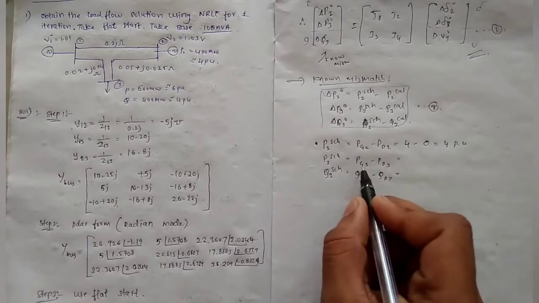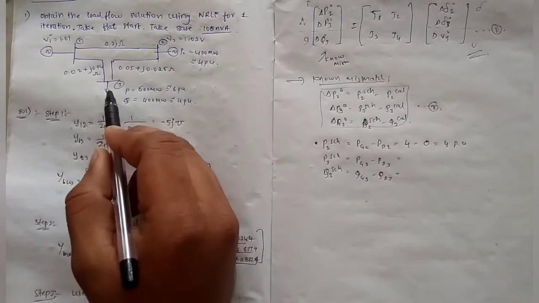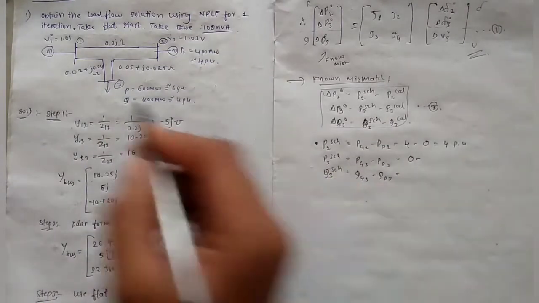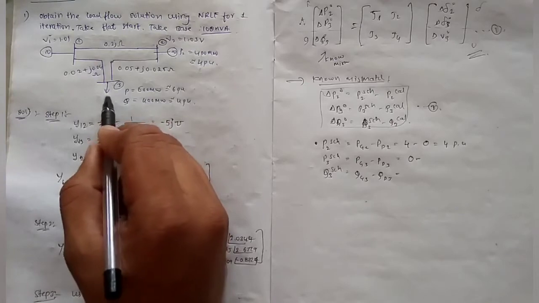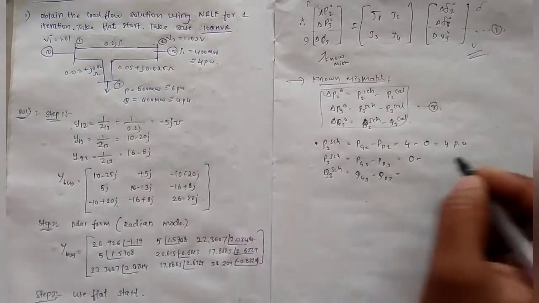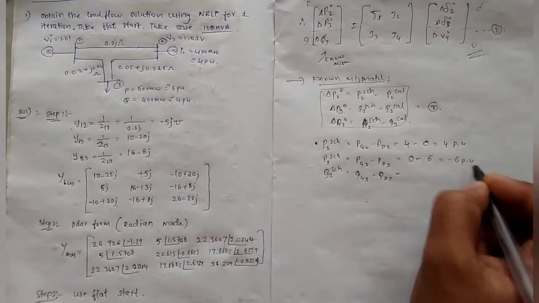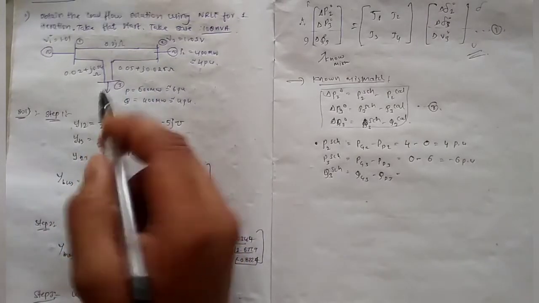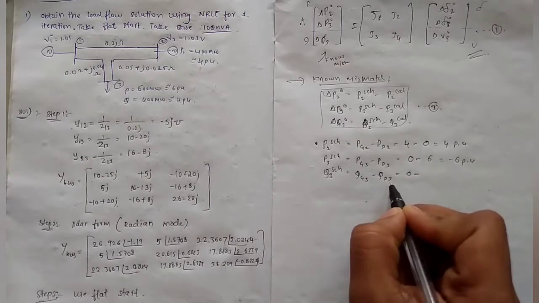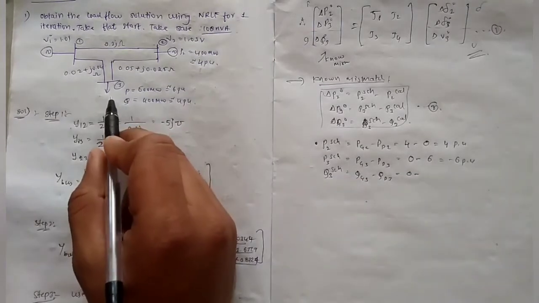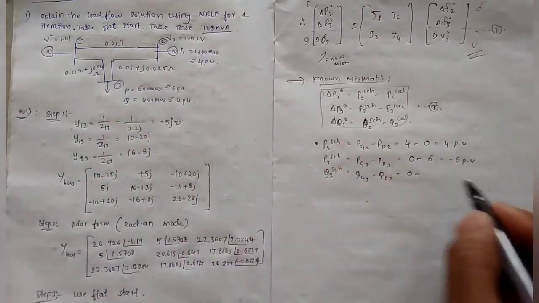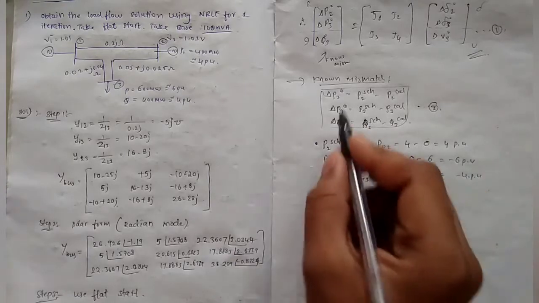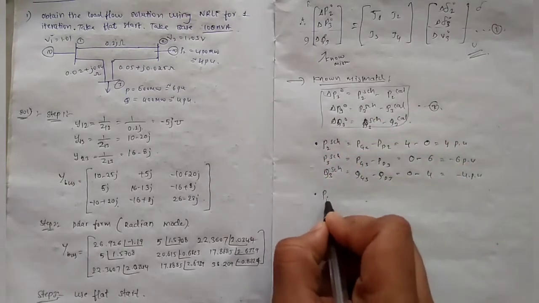And then Pg3 means we are at bus 3 now. Pg3 means generation. There is no generation, right? Therefore 0, minus the demand. We have demand, right? Therefore PD3 is this value, 6 pu. This is minus 6 pu. And Qg3, at bus 3 we don't have generation, right? Therefore Qg3 becomes 0. And QD3, we have load. QD3 is given as 400, that is 4 pu. Minus 4. We have calculated the scheduled values, and now we need to calculate P2 calculated.